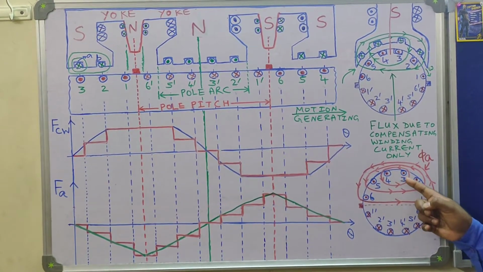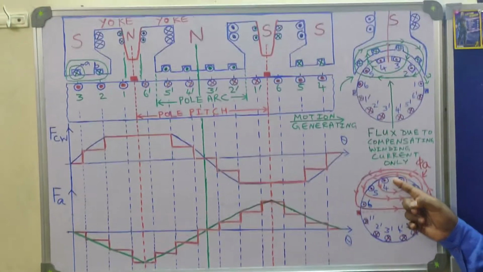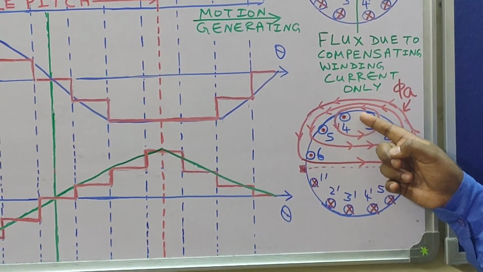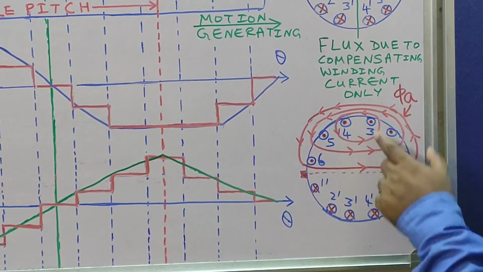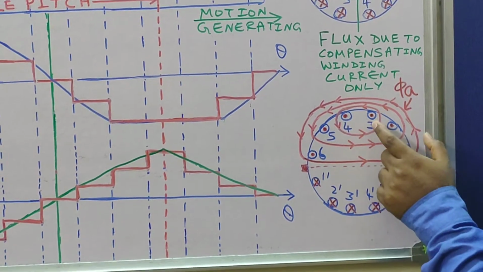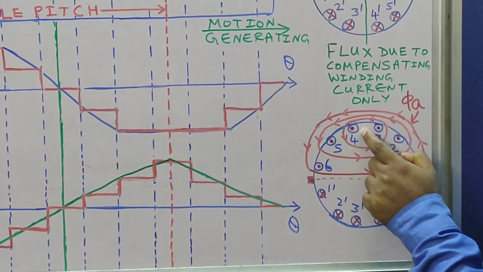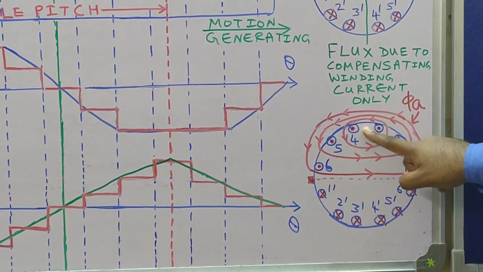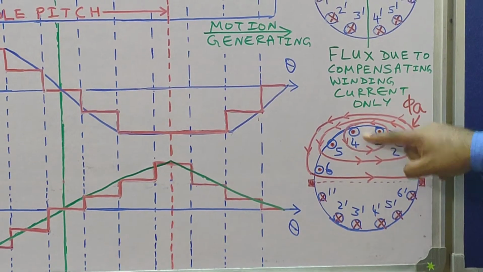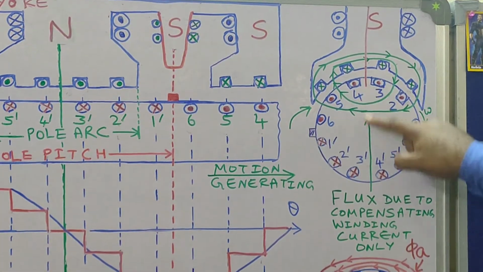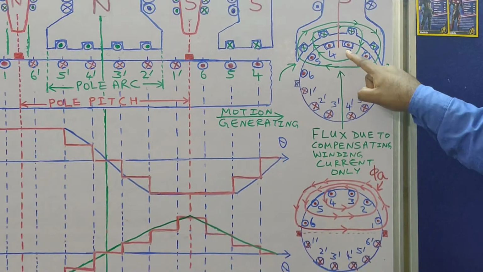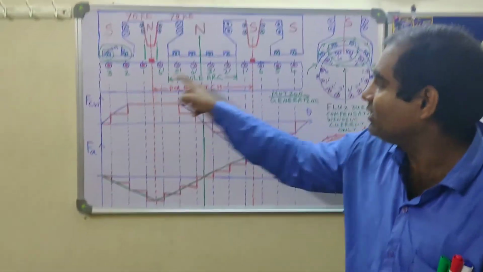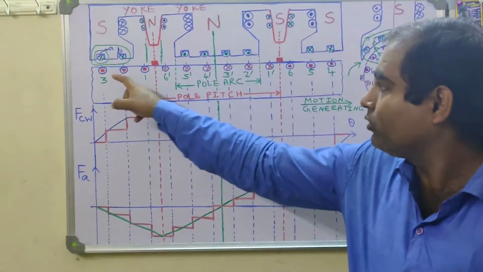The armature core portion lying between slot numbers 3 and 4 is devoid of any lines of flux due to armature current, either leaving or entering. In this particular region between slot numbers 3 and 4, no lines of flux are entering or leaving. That's why we have taken the starting of the developed view from this pole center and this armature core portion lying between slot numbers 3 and 4. So that's the thing. Now this dot and cross is according to Fleming's right hand rule.